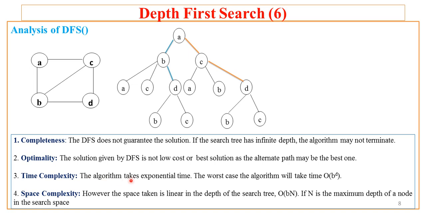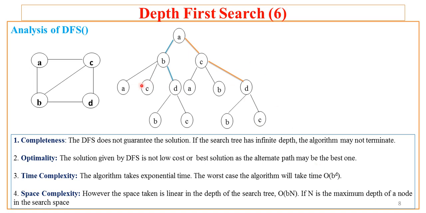What is time complexity? It takes exponential time because the state space is exponential, and the worst case working of this algorithm is b raised to power d, that is big O of b^d. What is b? B is the branching factor. And what is this branching factor? That is the maximum number of children for each node. For example, in our case, the maximum children for each node is 3. What if this graph would have been a complete graph? Here the maximum branching factor is 3. And what is d? D is the depth of the state space.